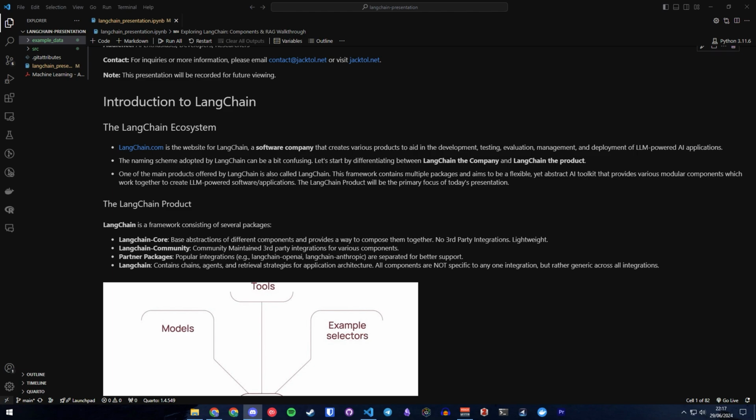And then lastly, we have the main LangChain package, which contains all of the proprietary LangChainy stuff that was created by the LangChain company, right? So this is going to be chains, agents, different retrieval strategies, all of the stuff that's really core to an application architecture. And these components are not specific to any one integration, but they're actually more generic across all